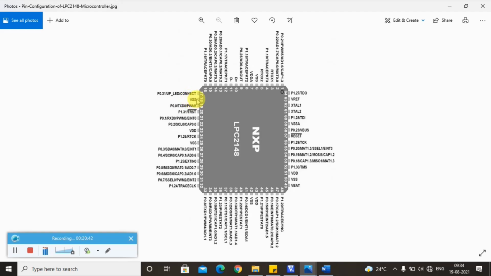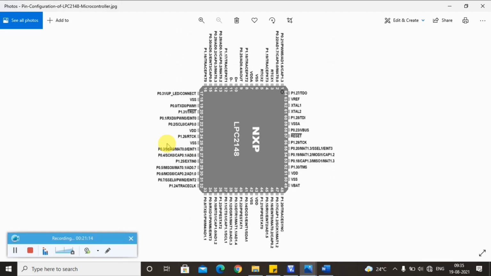Similarly, go to the 26th pin: port 0.3 is the first functionality, SDA0 is the second, MAT0 is the third, and EINT1 is the fourth functionality. Remember that: in one pin of LPC2148 you can have 1 functionality minimum, or up to 4 functionalities.